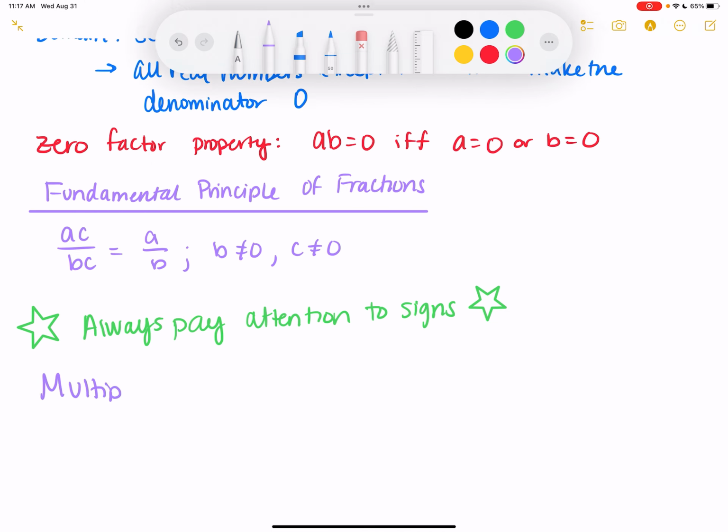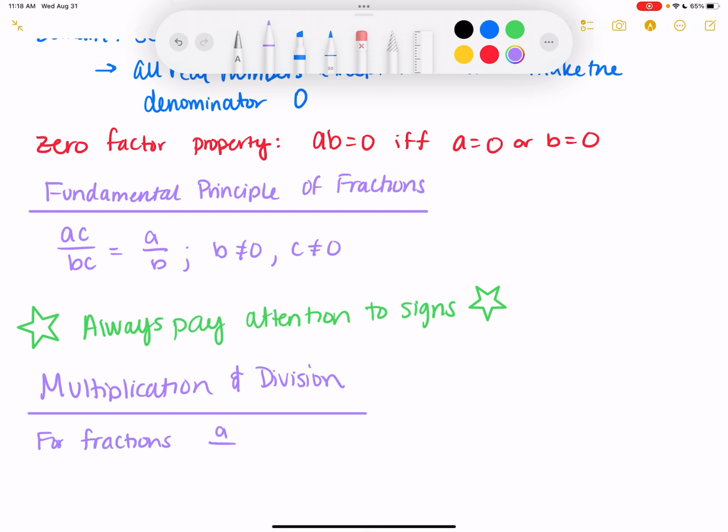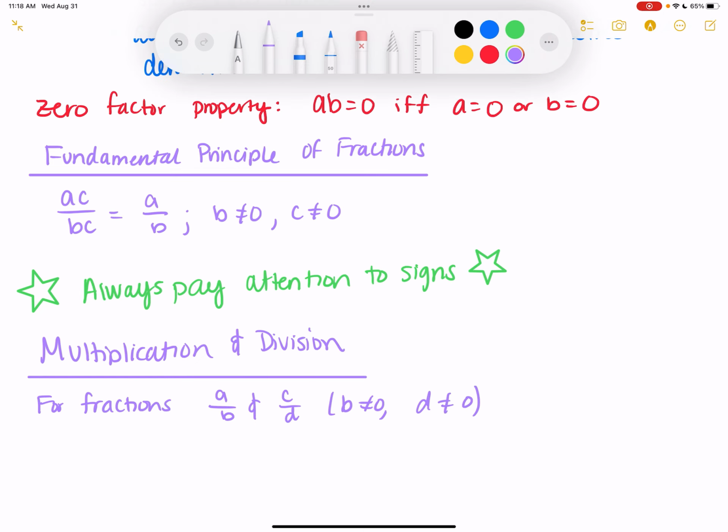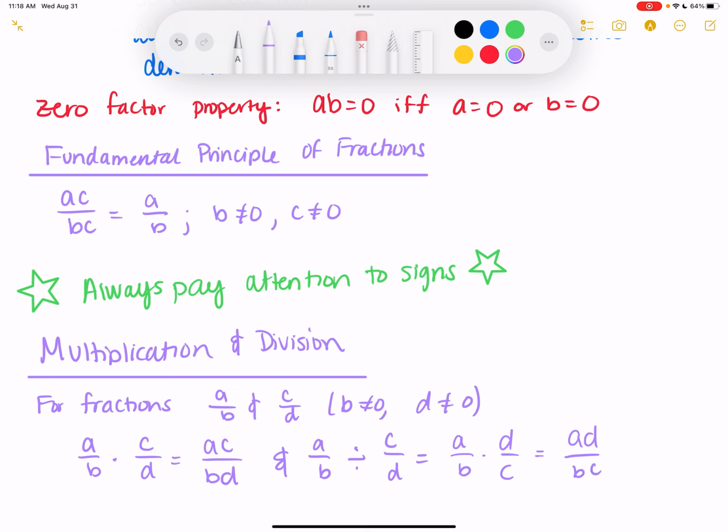For multiplication and division, for the fractions A over B and C over D, for B not equal to 0 and D not equal to 0, A over B times C over D equals AC over BD, and A over B divided by C over D equals A over B times D over C, which equals AD over BC, assuming